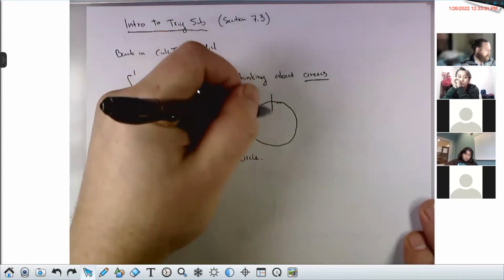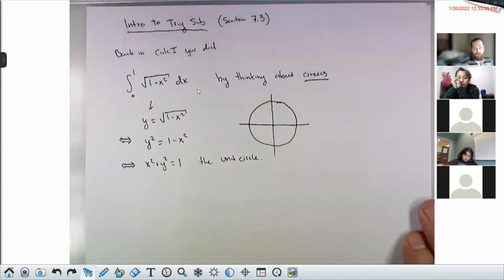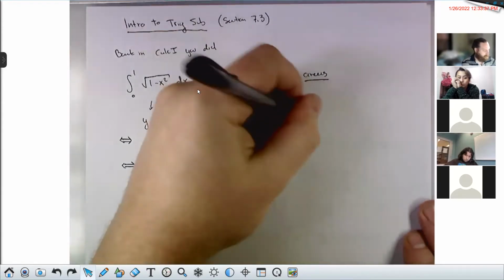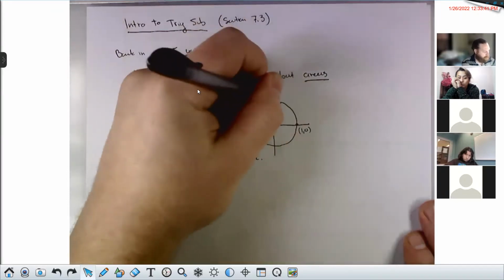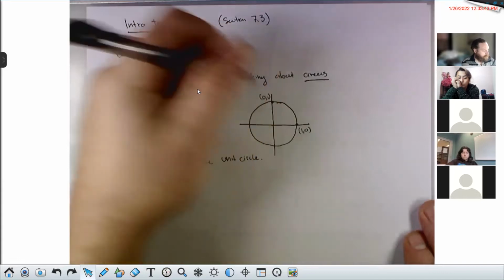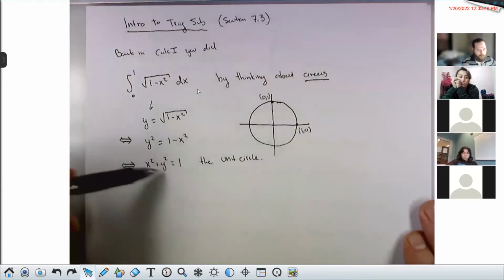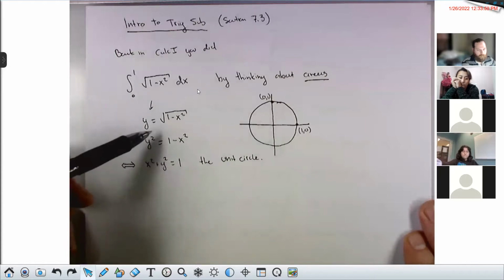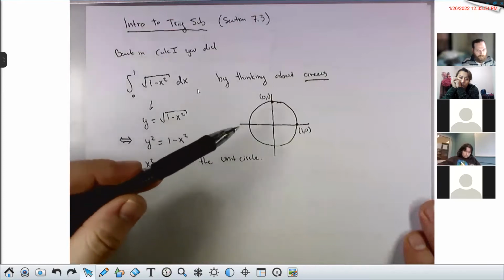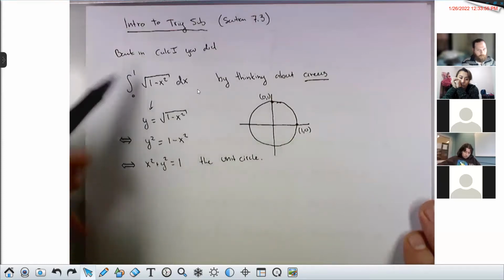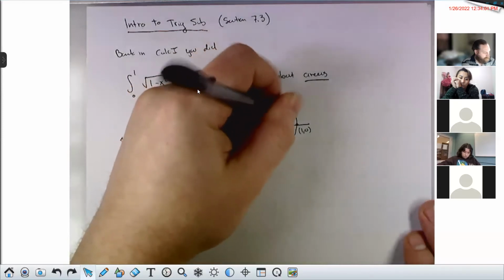So the way you did this is a problem back in section 5.1 of the textbook, the section on areas and distances. Here's the point 1, 0, right? Here's the point 0, 1. This circle, the unit circle, is x squared plus y squared equals 1. So what you're trying to integrate is that function, or really the positive version of that function, just the upper semicircle, from 0 to 1. So you did it by finding this area